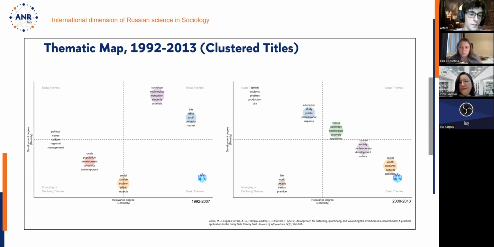The lower left quadrant has topics which are either emerging or declining because they have both low links to other topics and low connectivity within them. And niche themes are quite representative of their naming. They have a lot of internal connections, but are not well connected externally.